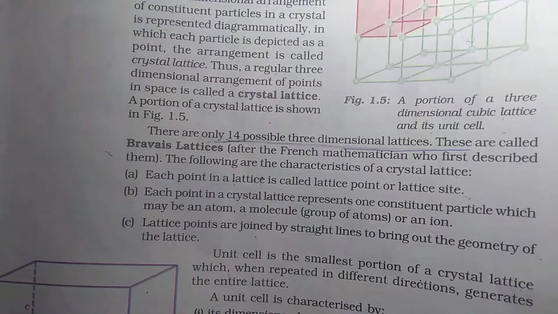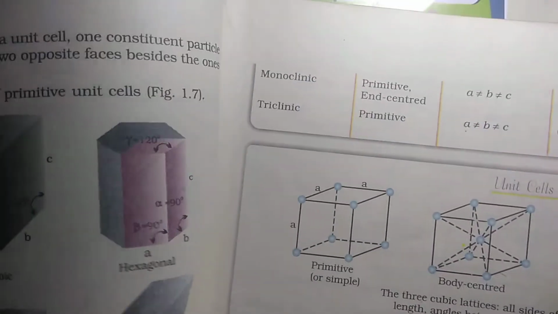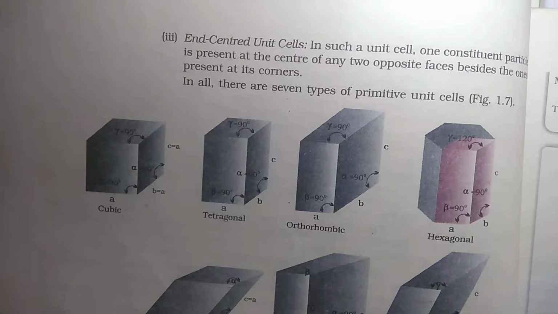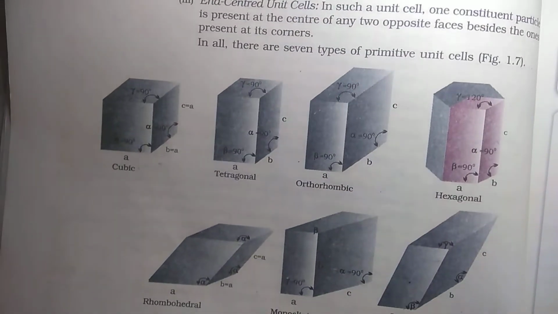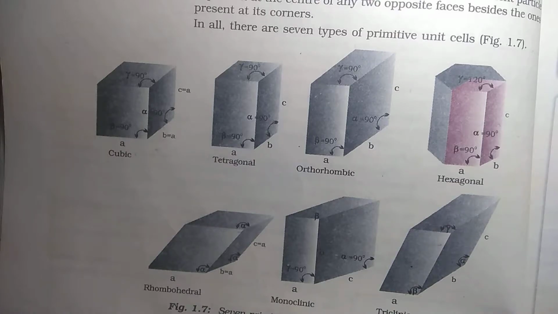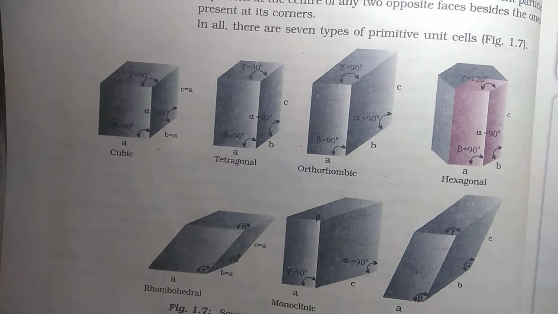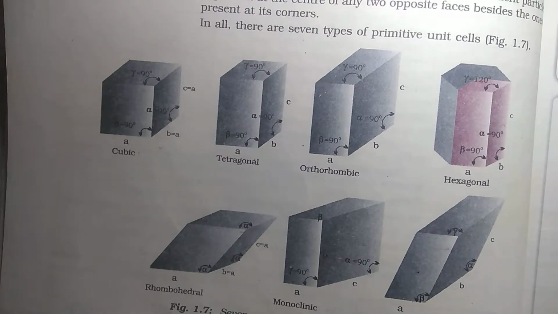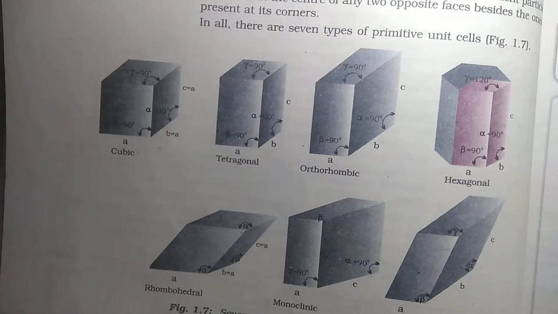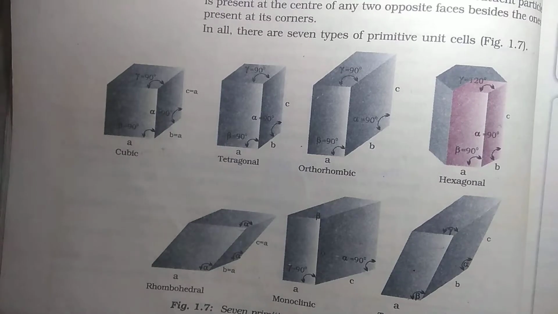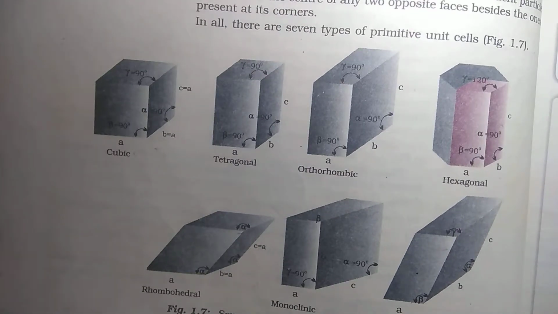And the different types of lattices, I'll send you a video where this is explained nicely, whereas you need to understand what are the 14 different types of Bravais lattices, okay. Now what are they based on? They are based on unit cells. Now what are the different types of unit cells? The different types of unit cells, they are 7 in number. 7 primitive unit cells are there in nature.